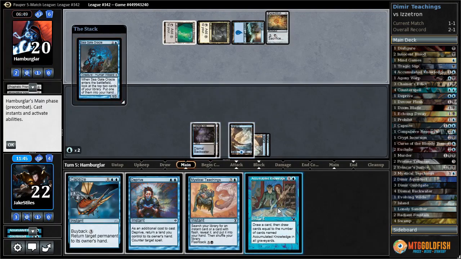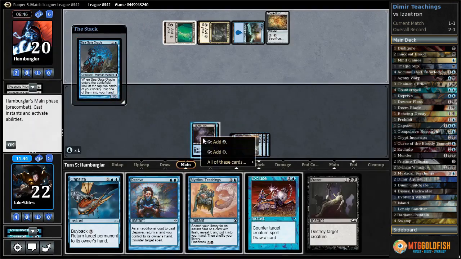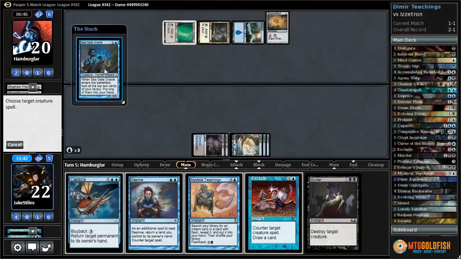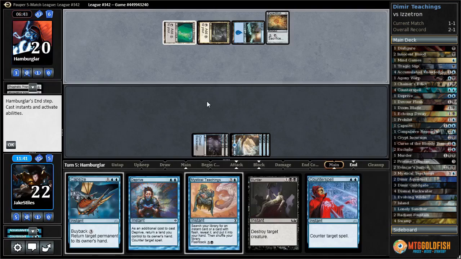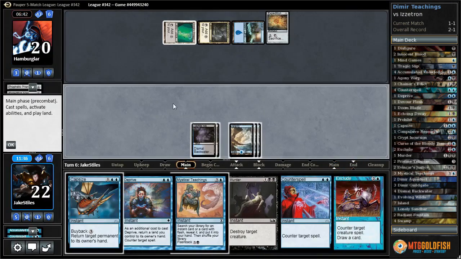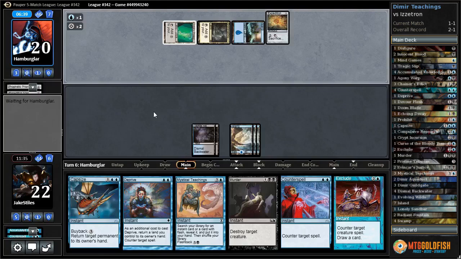Let's go ahead and Knowledge first, see what we draw. Exclude, perfect. I was probably going to Deprive that regardless, but since I drew Exclude, that just uses my mana better. And now I can potentially keep the capsize dream alive? No. Alright. Eventually, though. Once our opponent gets Tron, it's a lot harder, but...